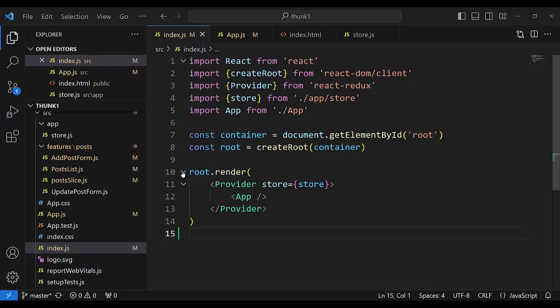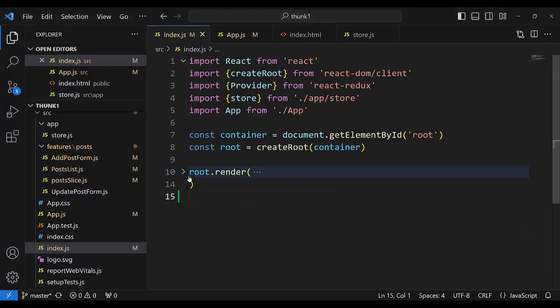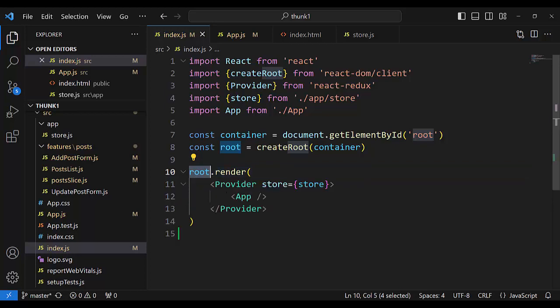This is the syntax for calling any function: name of function and parentheses. What function do we call here? We call the function render, or method, of the fundamental React application root. Root is the fundamental React application, and on root there is a render method, root.render, and in the parameter we have, at first,